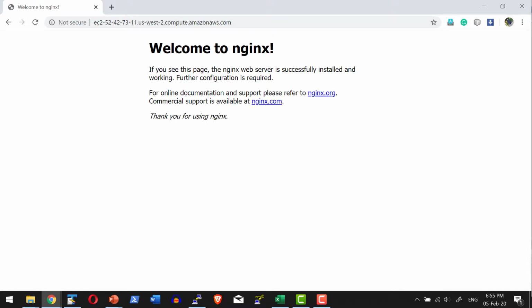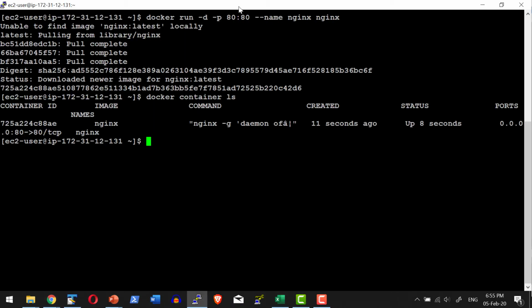Again, don't worry about the syntax that we had issued to start the container. We are going to have a very detailed discussion on what is a container, what is port mapping, and all the details in the future sessions. So in a quick summary, we had seen how to do the installation of Docker and how to add the user as a part of the Docker group and how to start the Docker service and make sure that it is enabled as a part of the system restart, and we started a sample Docker container.